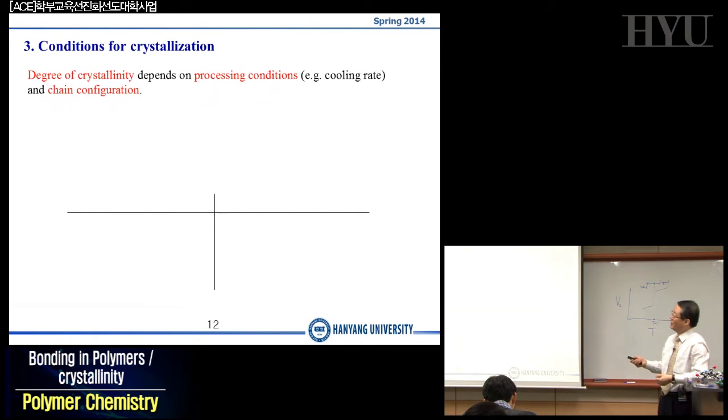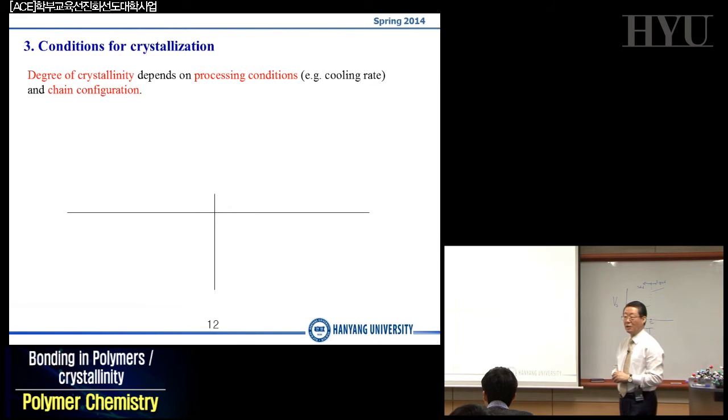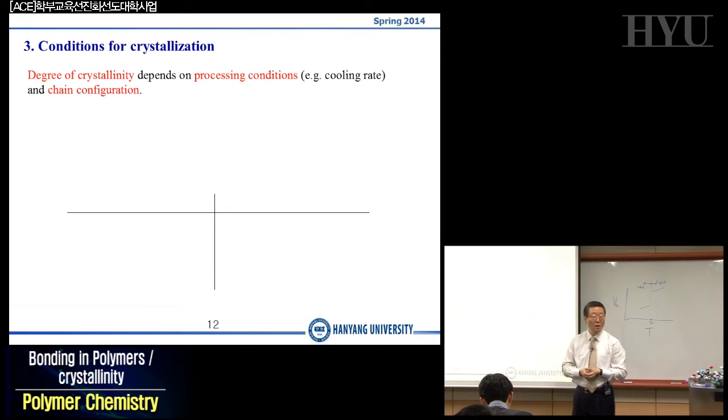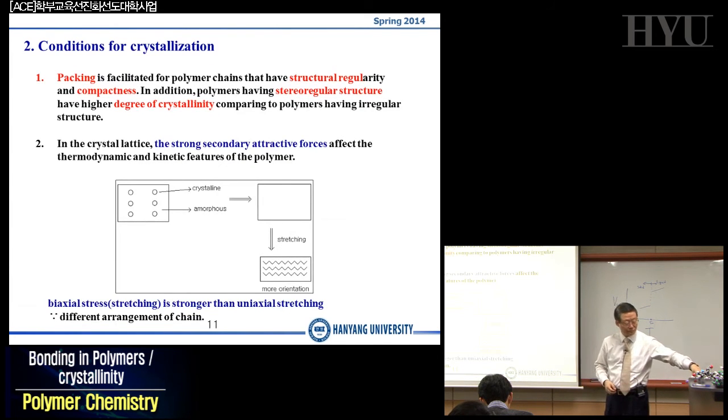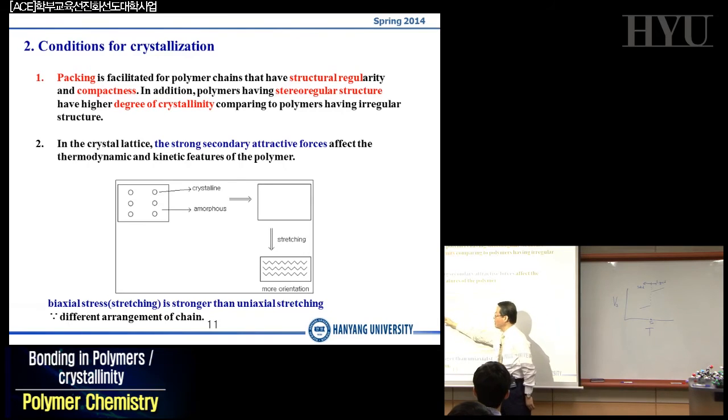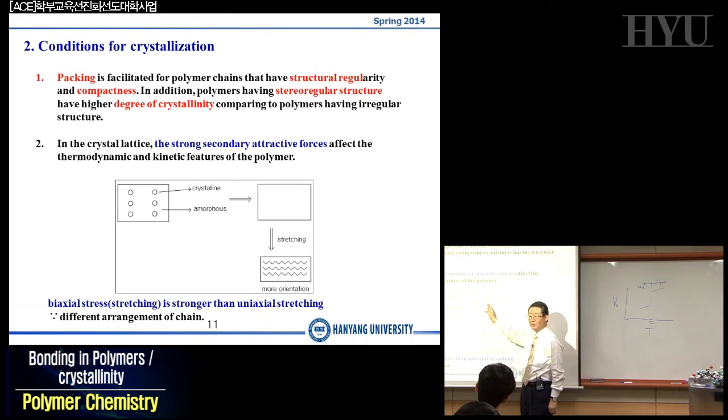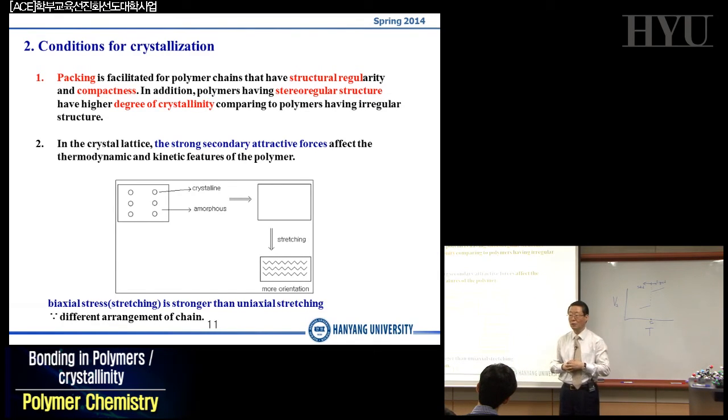So degree of crystallinity, or percent crystallinity, depends upon the processing conditions, such as the stretching and, of course, the cooling rate as well. For example, once we make a melt, and I just mentioned to you that the stretching is quite important. However, once you melt, melt means that you put your solid film in your oven, for example,